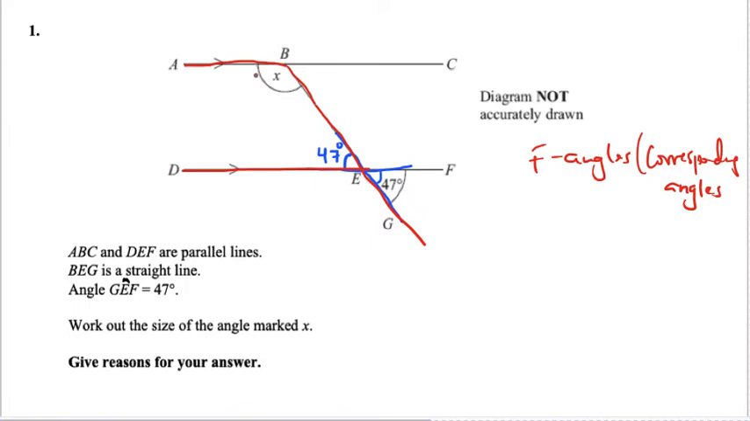What do I mean by that? They add up to 180. So X will equal to 180 minus 47. Okay, because these are interior angles of an F. You understand that? So the interior angles of an F add up to 180. So when you subtract 47